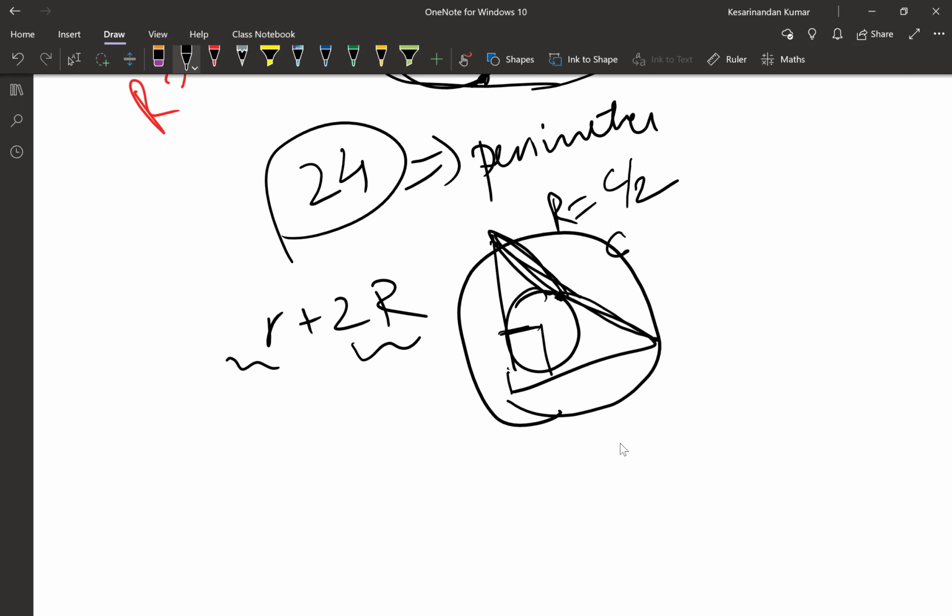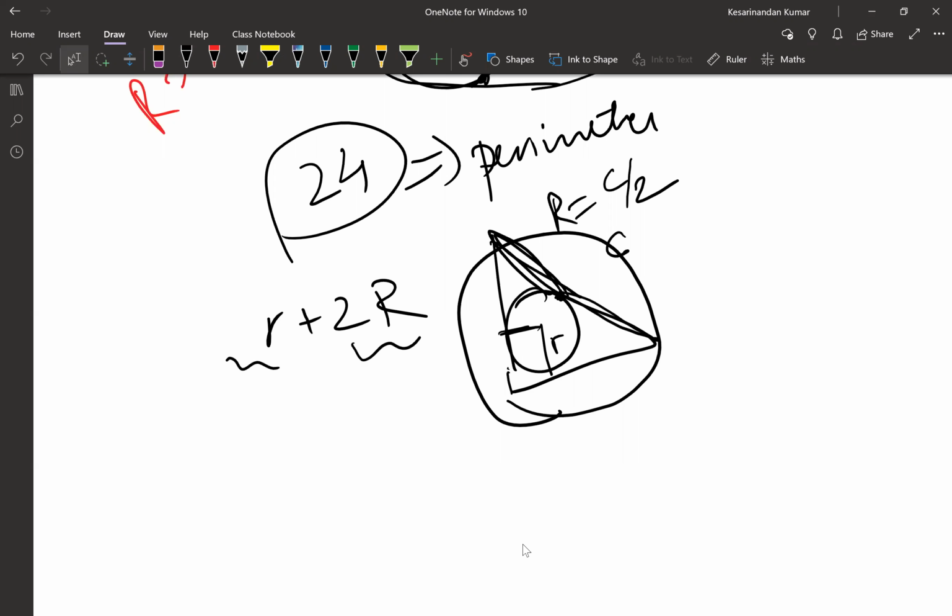So that would be, how will you calculate the value of small r in any given triangle? What approaches can you use? I do not want to solve it. I want to know the approaches. How will you find the value of small r in any given right angle triangle?